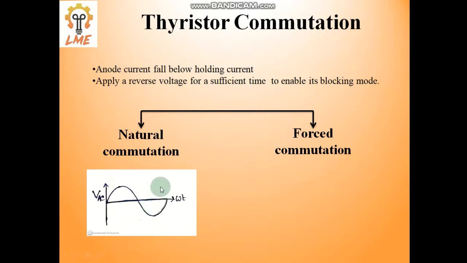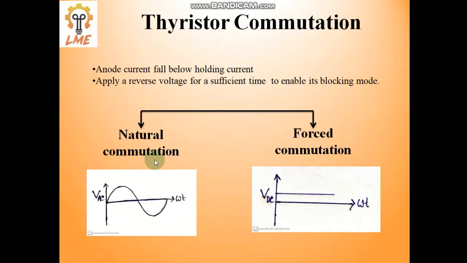So this is known as the natural commutation. But if we consider the DC case, if we trigger an SCR circuit over here, it cannot be turned off in the entire time period, because at no time does it reach the zero value or the negative value. So in case of the DC circuit, when we try to turn off the SCR, we have to implement some extra circuit with the SCR circuit. That is known as the commutation circuit.